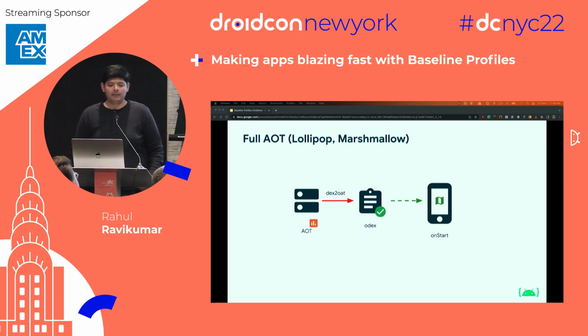And then come Lollipop and Marshmallow, the runtime said, oh, what if we just did that for all the app, for the entire app? What if we fully ahead of time compiled the application and generated something that we call optimized DEX files called ODEXs? So typically what happens is the application gets installed, and under the hood there is a new compiler that's on every Android phone. It's called DEX to OT. So we'll convert DEX files to OT files or ODEX files. And that's the optimized machine code that Art can then load to run